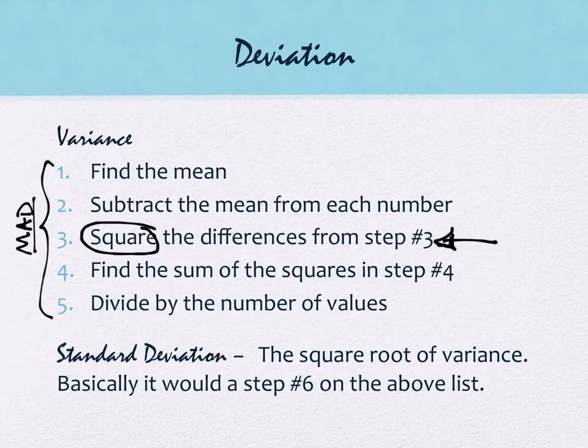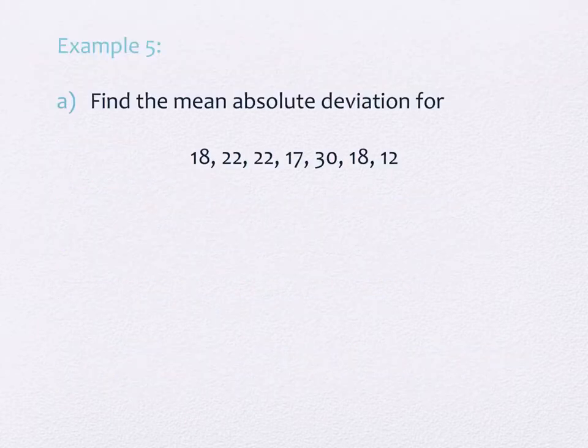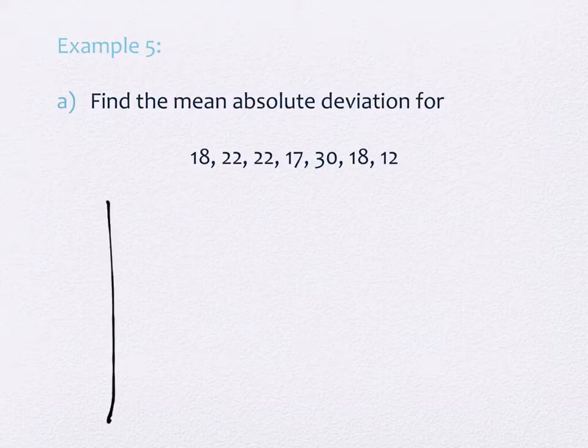Okay, we're going to keep using our just random set of data as we do this. And we're going to find the mean absolute deviation, the variance, and the standard deviation. This isn't the only way that you can do this, but I'm going to strongly encourage you to mirror this because it's a really good way to organize your data and make sure you don't get something lost in the mix, because you're going to be doing a lot of calculations all at the same time for the problem, that is, anyway. So what I'm going to encourage you to do is to make a table,